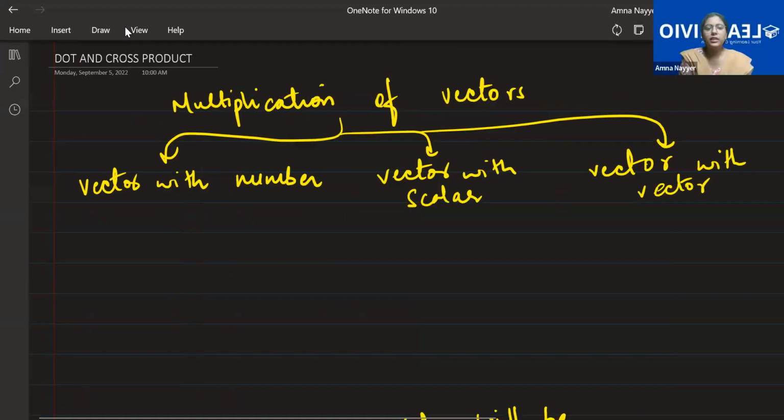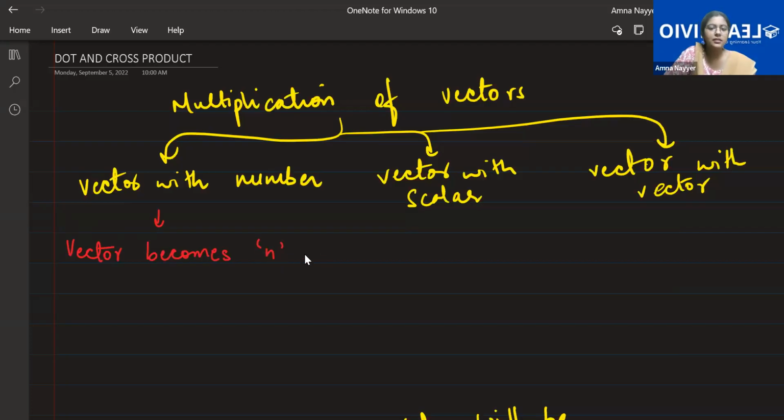Coming to the introduction of what is dot product and what is meant by cross product. When you have multiplication of vectors, vectors can be multiplied by just a number. When you multiply a vector with just a number, the vector becomes n times. Like if I have a number with me, let's say F is equal to 2 Newton,